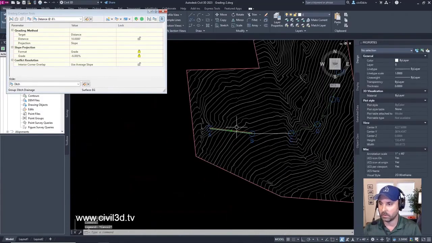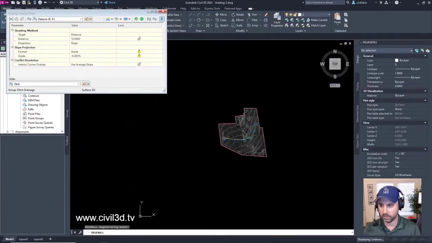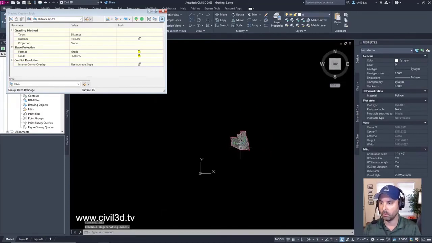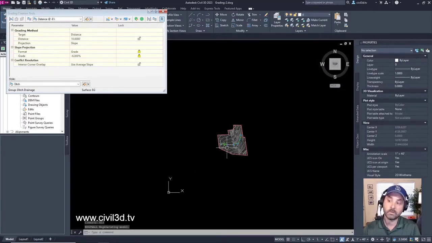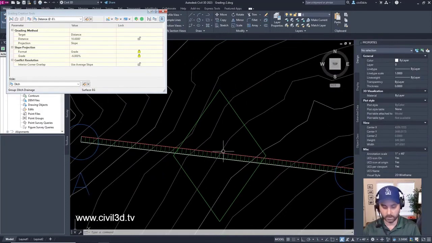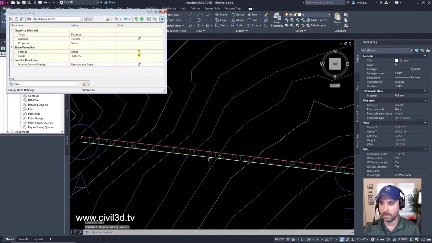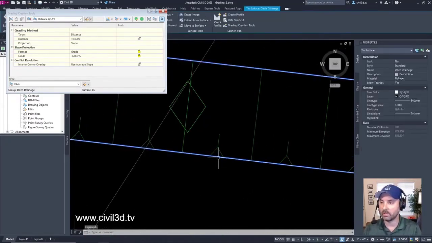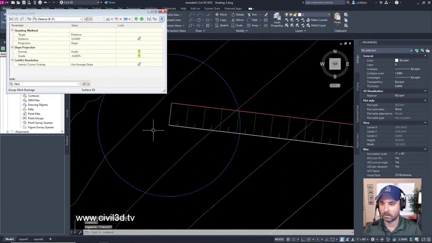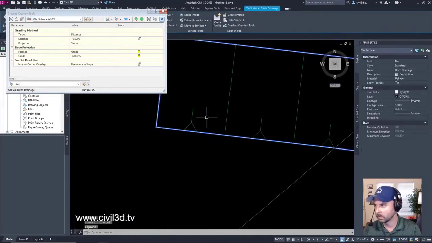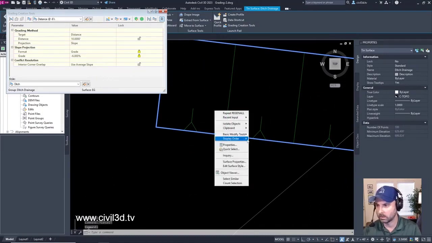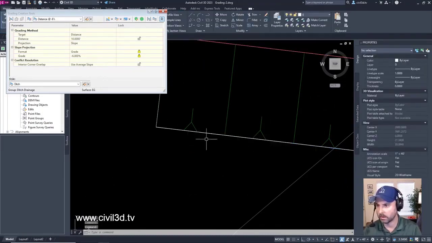If I zoom out, let's see what happens if I zoom out and do a regen. Yeah, it'll still show up. From way out here, if I do a regen all, you can still see that grading diamond. So that's kind of nice. If I do a regen all once again, that diamond gets smaller. And here's this white line, our original feature line. Display order, send it back.